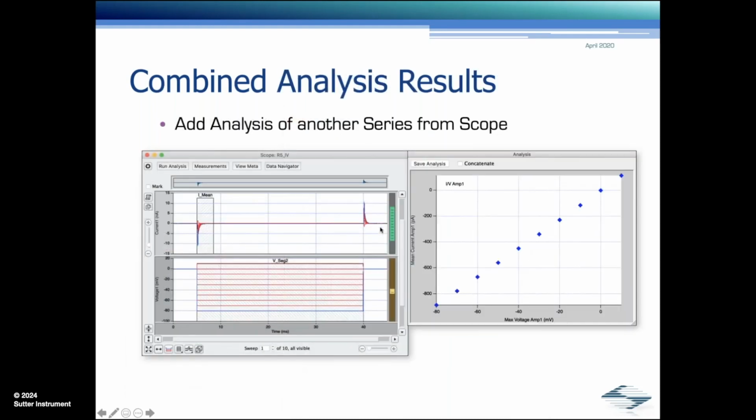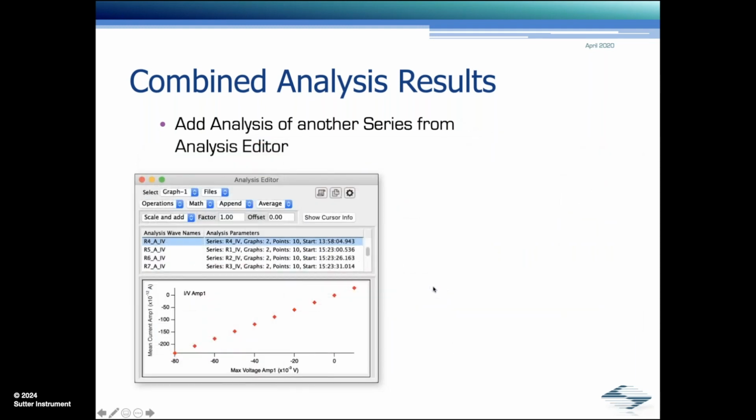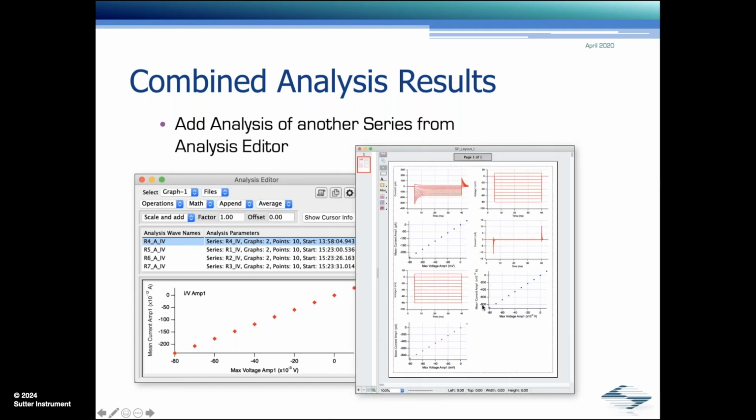Then the next thing you want to do is add the analysis of another series. So you just run the analysis with the last executed settings, and that, independently of what was done in that routine, applies the last settings. And again, you add that to the layout, and you end up with the other 2 signals and the IV curve in the layout. Alternatively, you can use the analysis editor, the patch analysis editor through the main menu, and also add an analysis from there. Again, you click on the book scroll, and here this is identical to the second IV curve, and you can simply drag them on top of each other.